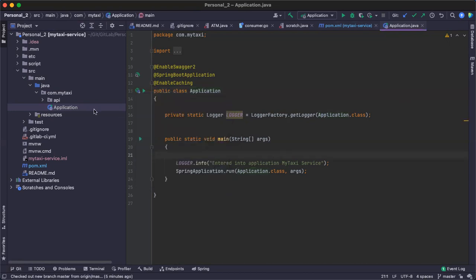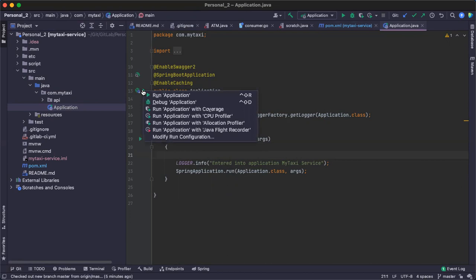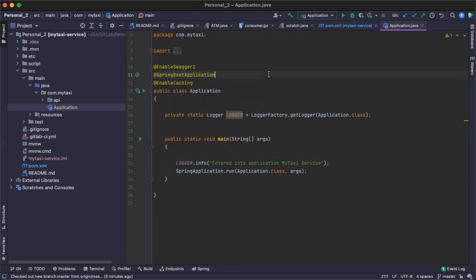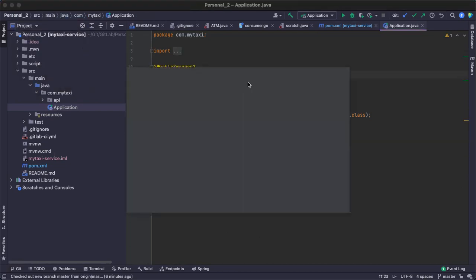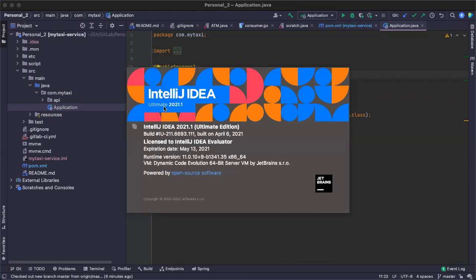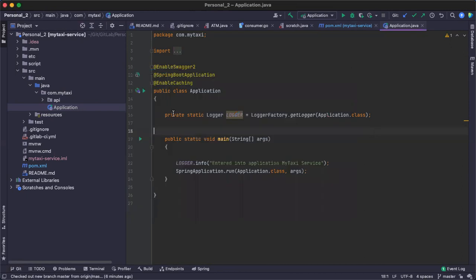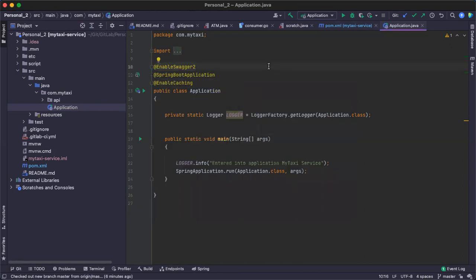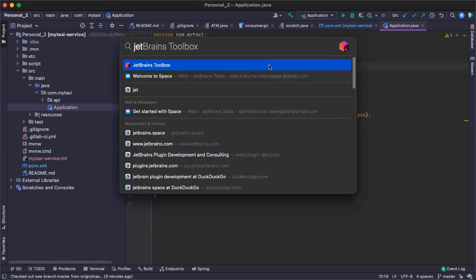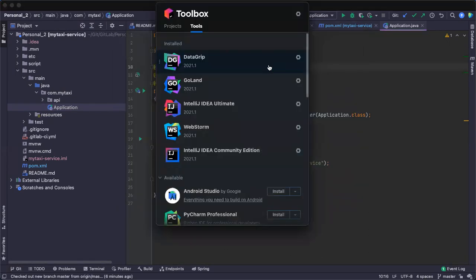Satish, if you click that icon, you get that many options, but in my machine I have IntelliJ Community Edition. Yeah, this is Ultimate. Oh, okay, sorry about that. Actually, you can use Ultimate for 30 days as a free trial version, so you just try all these things. Ultimate can also be used for office purposes. Whenever they give a 30-day free version, at that time you can use Ultimate, not an issue.